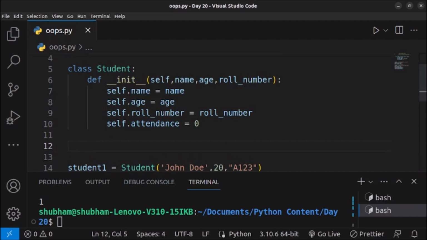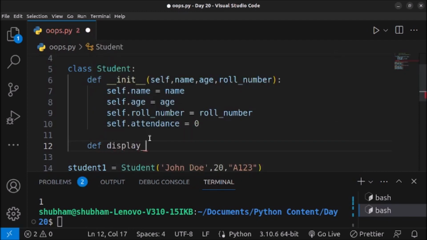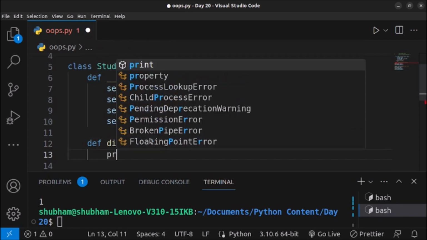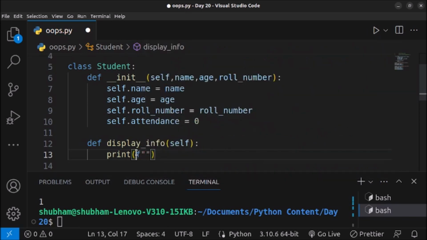So we will create a method to print the information of a student. So def, and I will name the method display_info, which is for information, and we have to pass the self keyword here. And then on the next line we will print, and we will use the f-string for that. So now here I want to print name, age, roll number along with attendance. So first of all I will print name, which will be printed using self dot